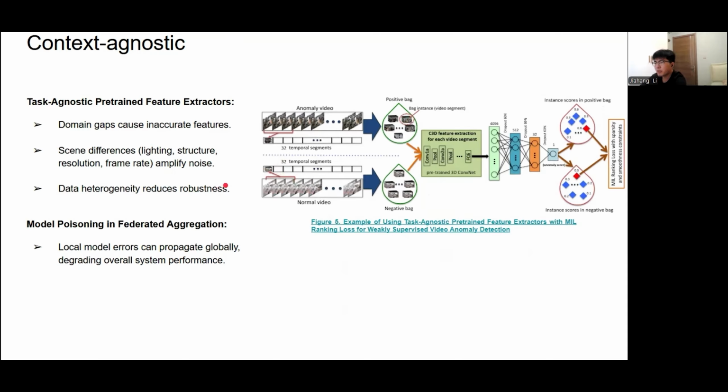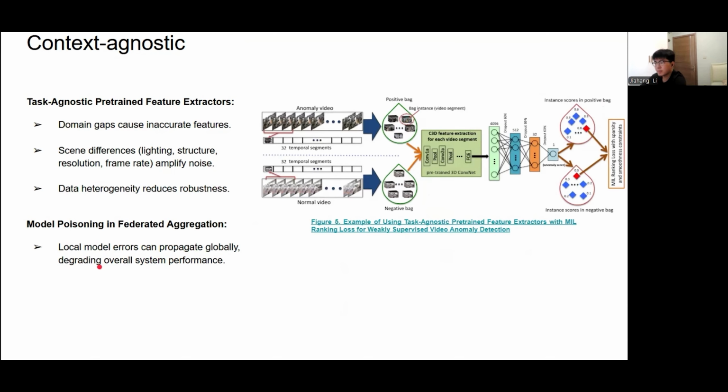If local models are not well trained due to scene heterogeneity, their errors can negatively impact the aggregated global model and even propagate through the entire network.